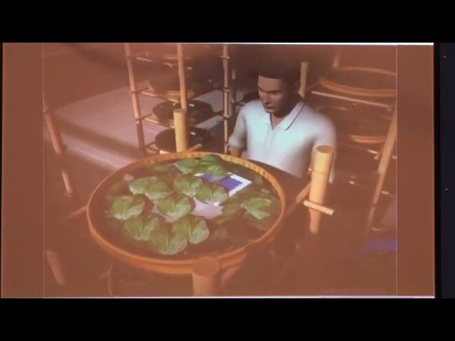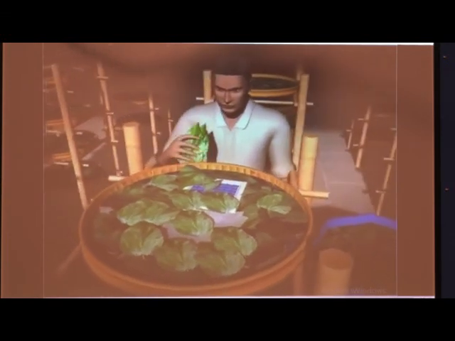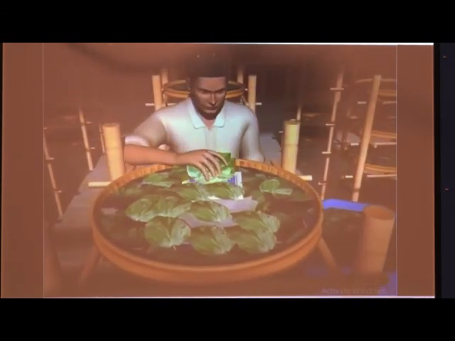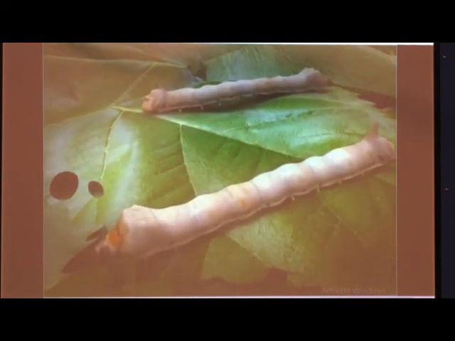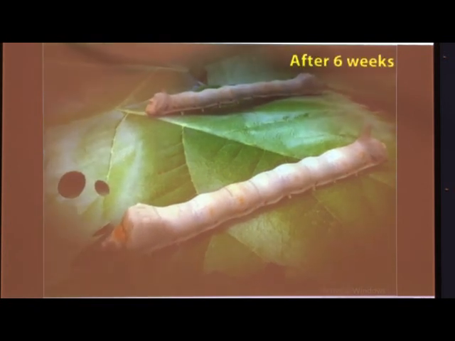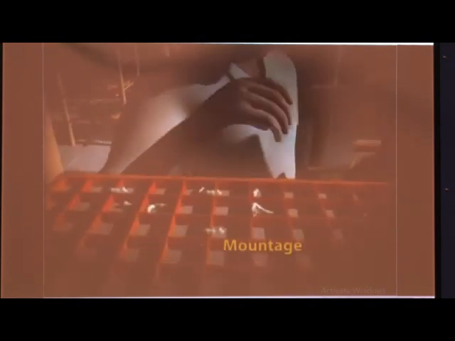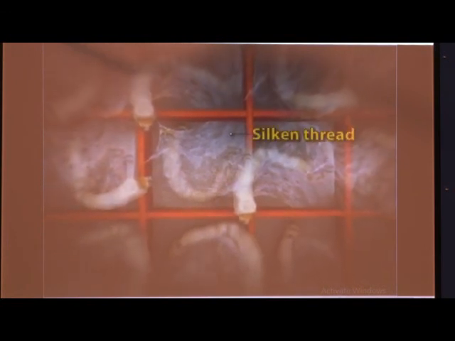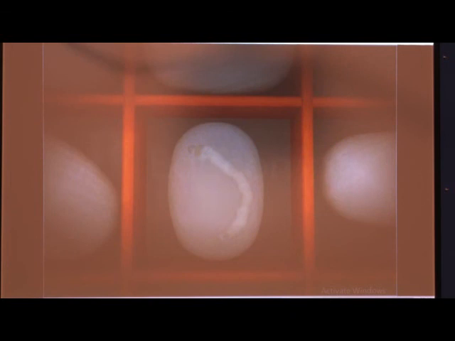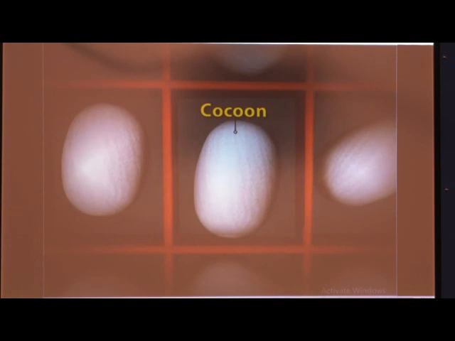These egg frames having larvae are then covered with fresh mulberry leaves by the silk farmer. The larvae then crawl out of the egg frames and feed on the mulberry leaves day and night for 4 to 6 weeks and grow into an adult larvae. After approximately 6 weeks, the adult larvae stop feeding. Farmers transfer these larvae to mountages. Each larva then produces a single continuous silken thread and wraps this thread around itself to form a protective case called a cocoon. The cocoon formation completes in 3 days.